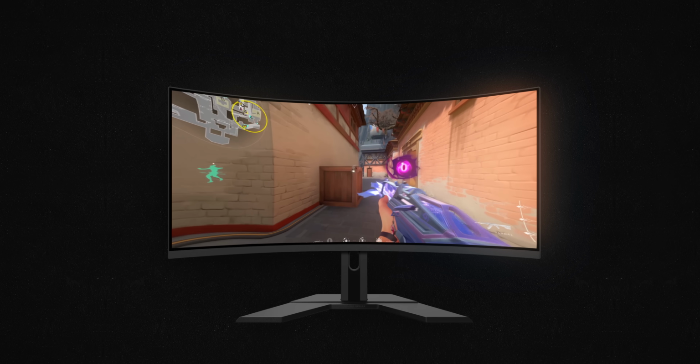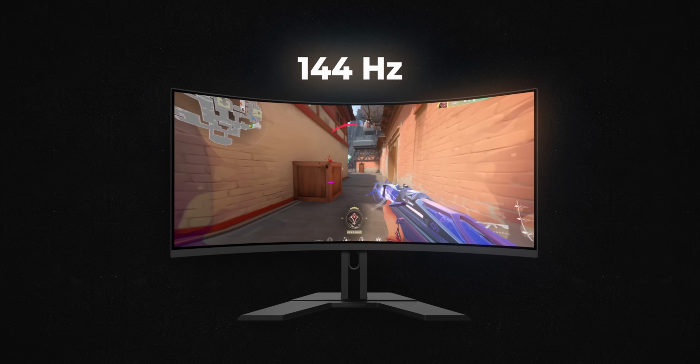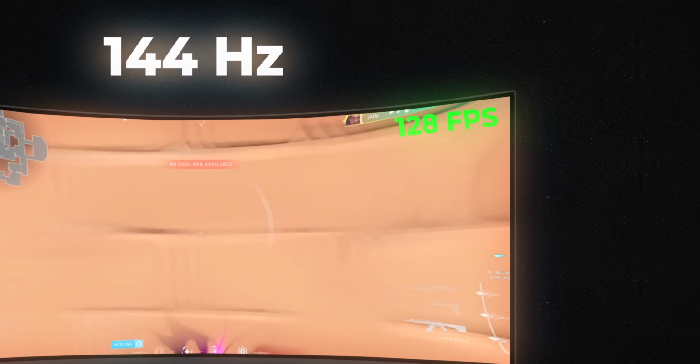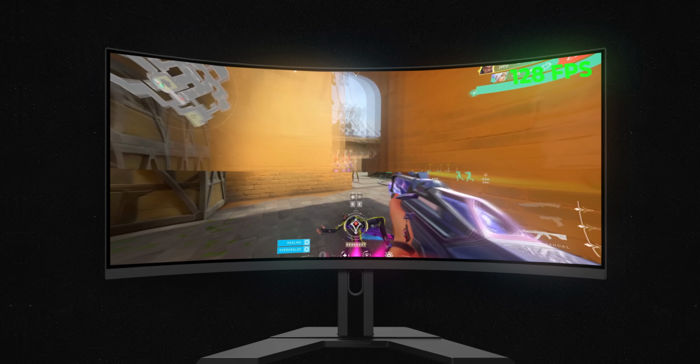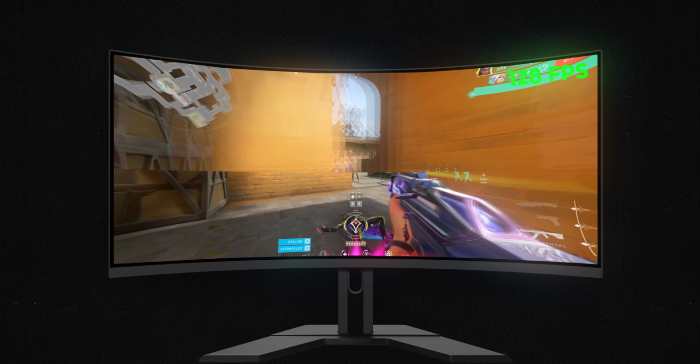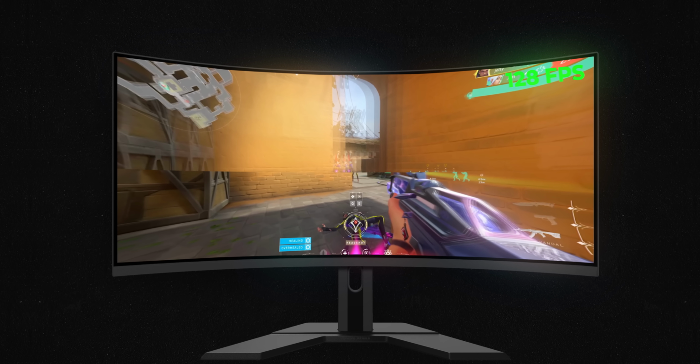Now let me talk about other important technologies found in monitors. However, since these are easier to understand, I'd like to explain them quickly. 1. FreeSync and G-Sync. For instance, when playing a game on a 144 Hz monitor and the FPS you're getting from the game doesn't match the monitor's refresh rate, screen tearing or stuttering can occur due to communication mismatch between the monitor and the graphics card.